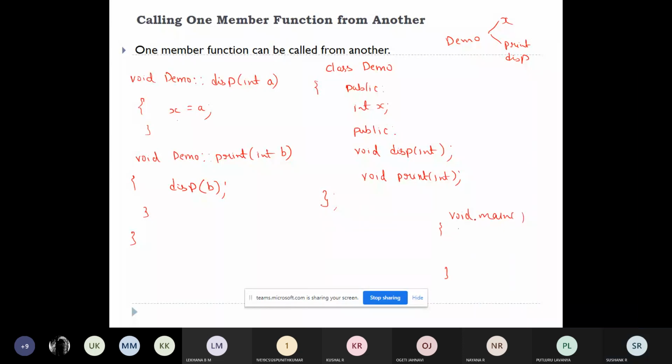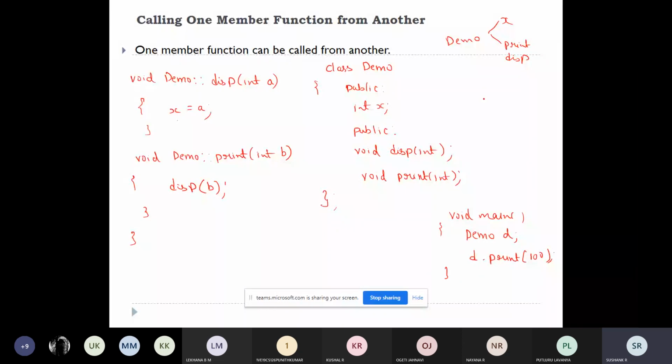After this, I'll write the main function, void main. Demo d. I'll just call d dot print of 100. How this function is working, or what it is doing, is calling the display function from the print function.